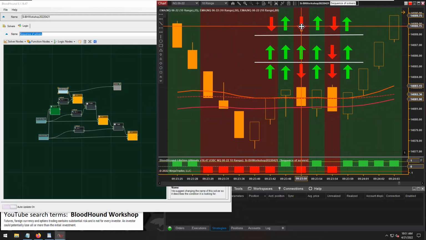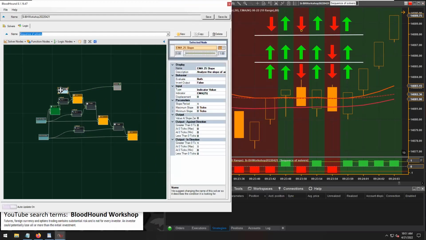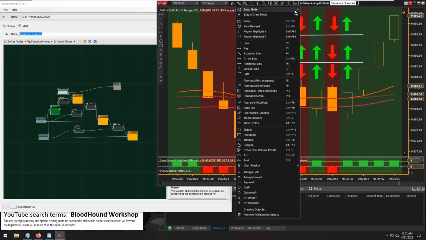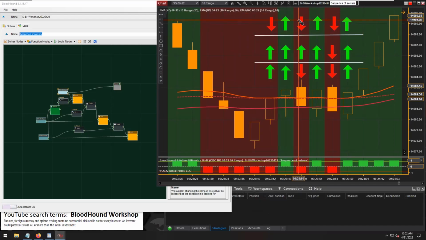Faster EMA, our first slope solver, produces a short output. But then the second one is a long, which is good, but the third one is already in a short. So that cancels that one out. So here, cancel that